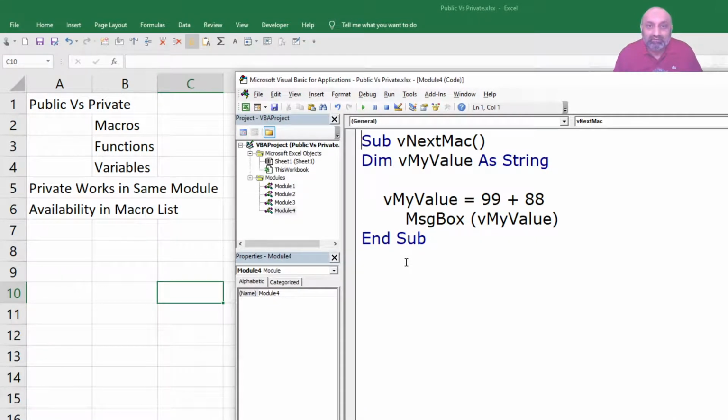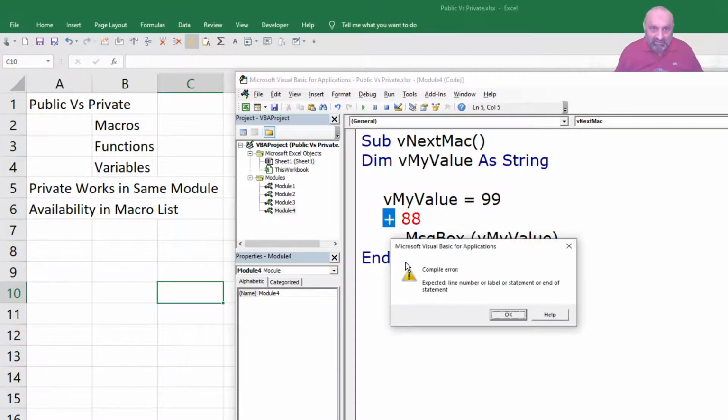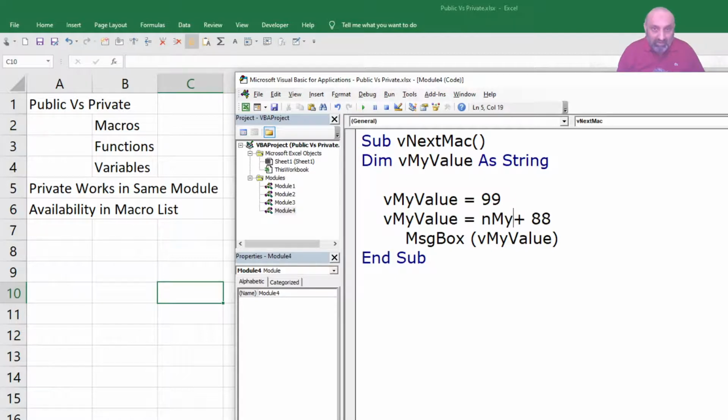It's a string. And if I say first time it is 99 and the second time it is going to be, I think this should not work, my value plus 88. So this time there should be an error.